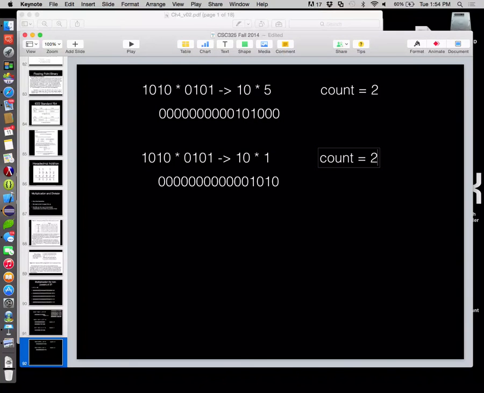We know that count is 0, so we're not going to shift at all. So we should be able to add these two numbers together, and they should give us